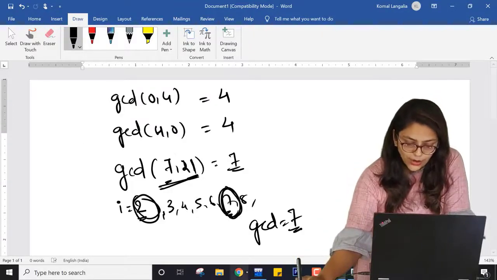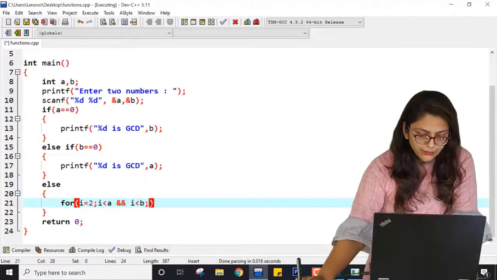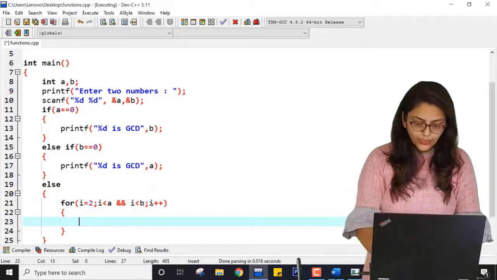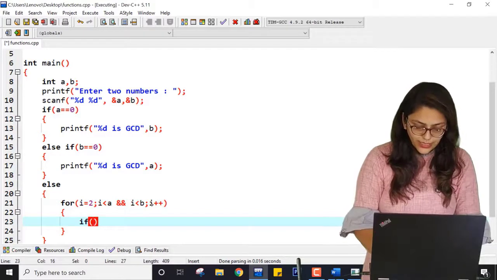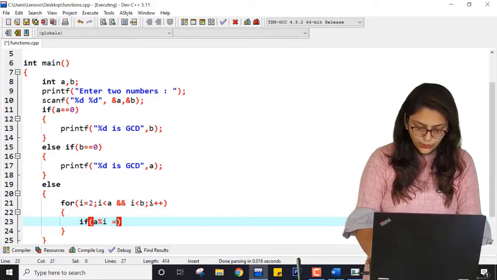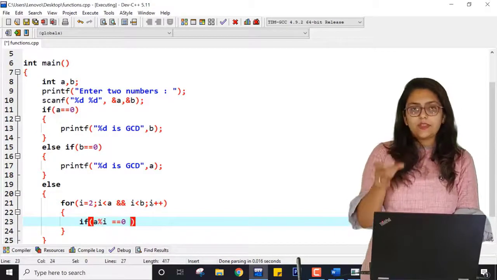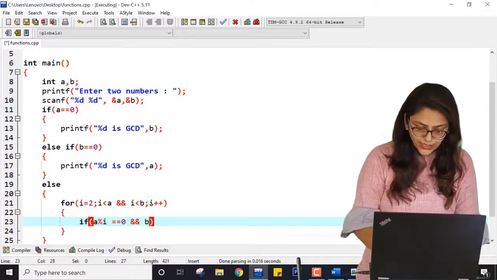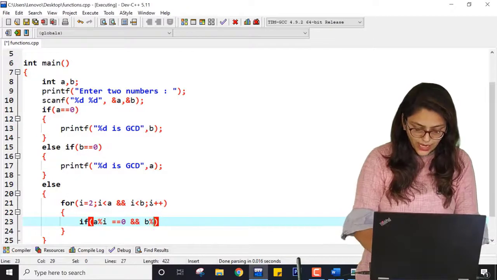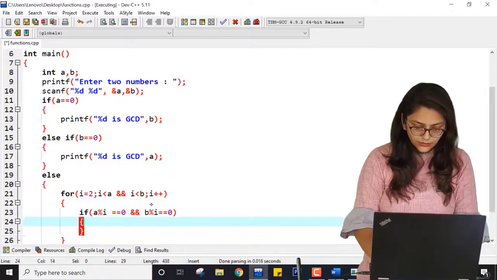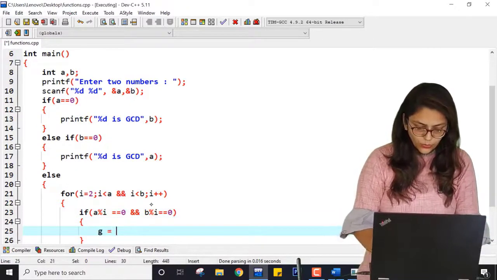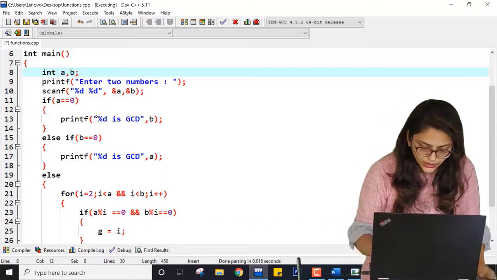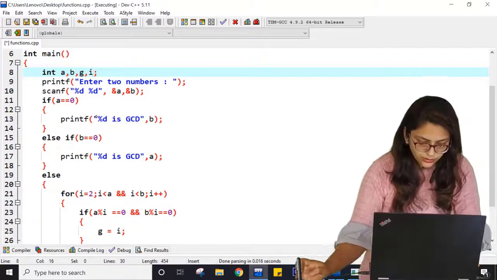So for that, what I am doing here is checking this and doing I plus plus. Inside this, if A modulo I equal to 0, that is A is divisible by I, and B is also divisible by I, then G is equal to I. G means GCD, so I have to declare G and I over here.